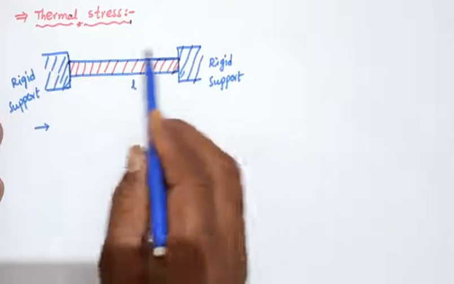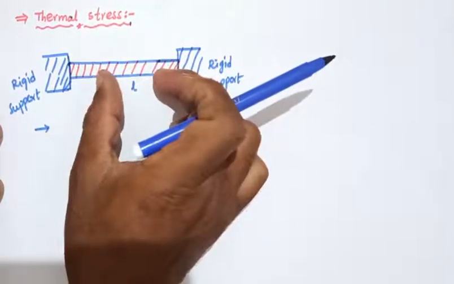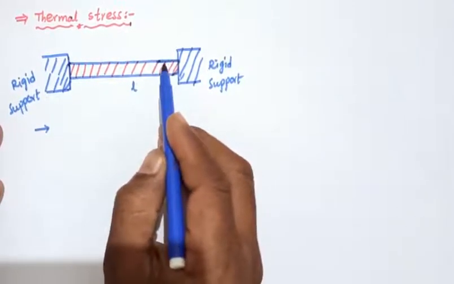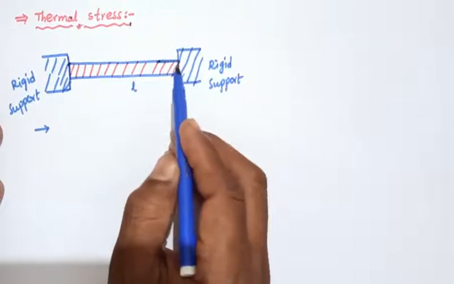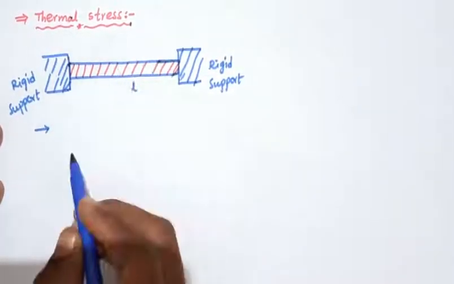So here, due to the thermal strain, it is compressive, it is contracted. So the compression is delta L. Then here the thermal stress is nothing but the